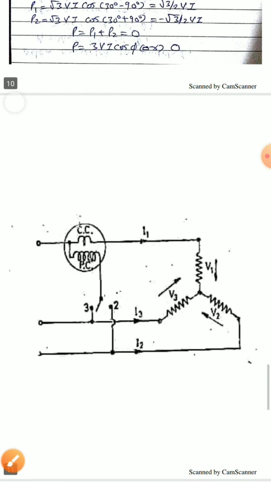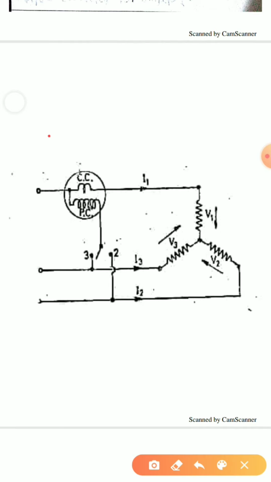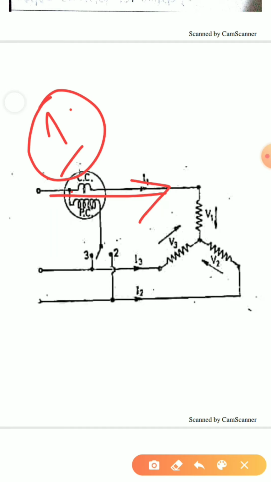The third method that we have is the one wattmeter method. This one wattmeter method can only be used when the loads are balanced. For implementing it, the current coil is connected to one of the lines, and one end of the pressure coil is connected to the same line where the current coil is connected. The other end is connected to a switch, which can in turn be connected to the other two lines, so the other end can be alternated between the two lines using a switch.